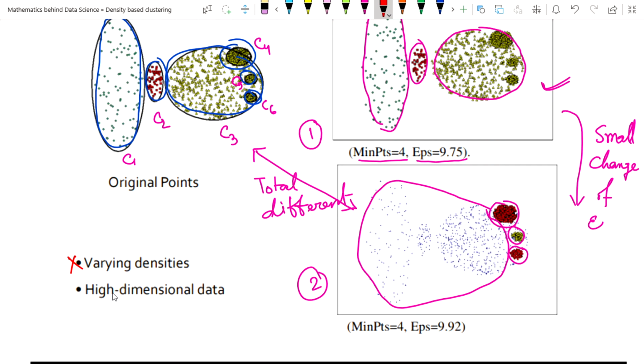They also have a disadvantage if we have high dimensional data. In high dimensional data there is the curse of dimensionality problem, meaning we cannot fit high dimensional data into a lower dimensional situation. So this kind of problem we have to face in DBSCAN.